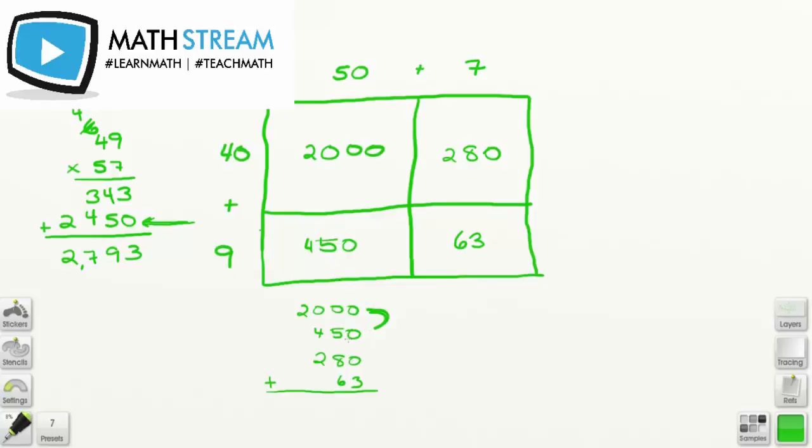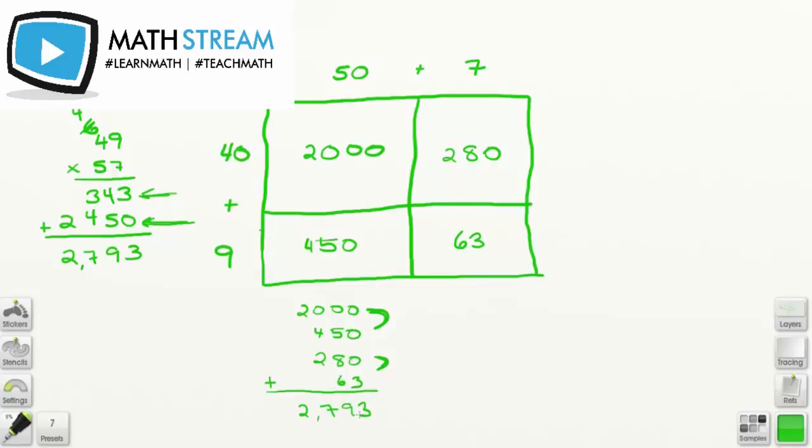If I look at 280 and 63, I see that those numbers will total to 343, which if we look at the traditional method over on the left, that number appears as well. So if I add these 4 numbers up from my area model, I'm going to get the same total that I had from the traditional method,